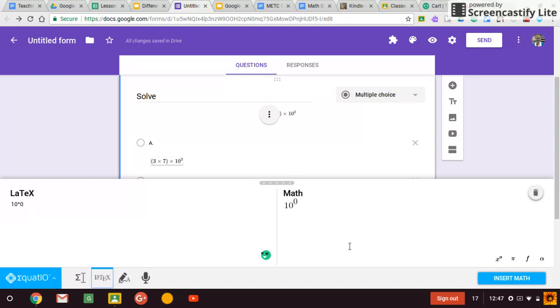One thing I need to play around with yet is to see if it does much with the graphing functions. I do know that GMath did those. You could insert some graphs. So that's something I plan to do some checking on coming up. But I did want to show you how to get EquatIO installed and some of the basics of how to